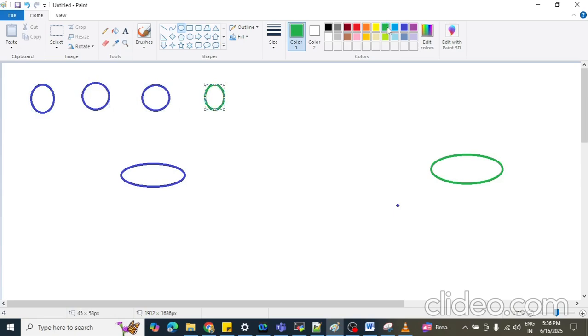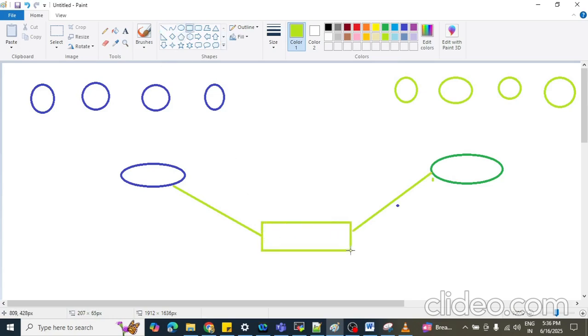And on the green side we have four replicas: one, two, three, and this is your fourth one. Behind both services, what will be there? A load balancer will be there. And beside that load balancer, an ingress controller will be there.